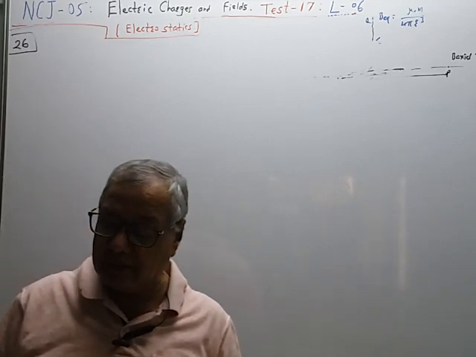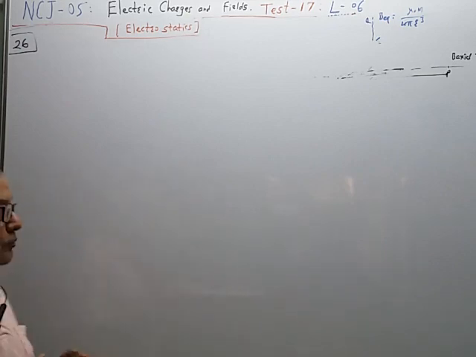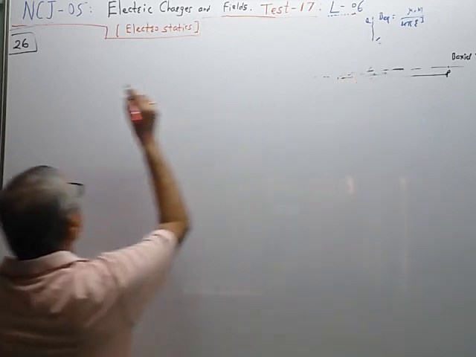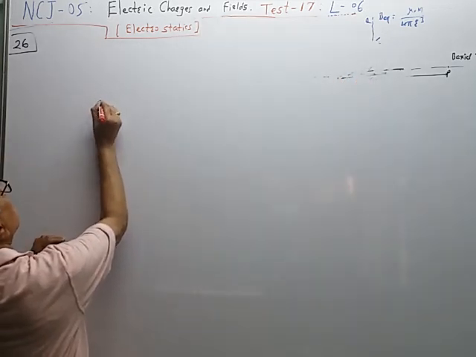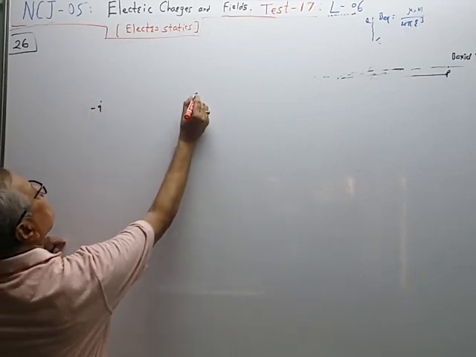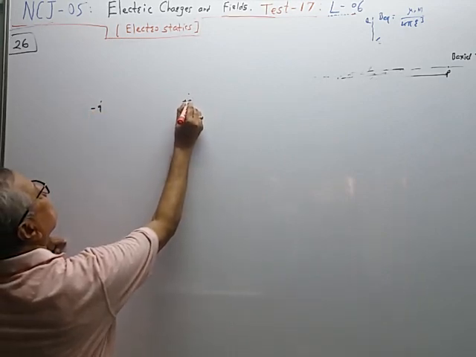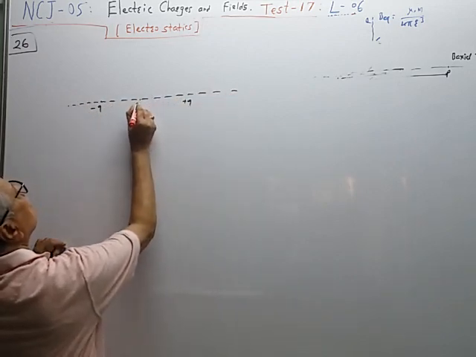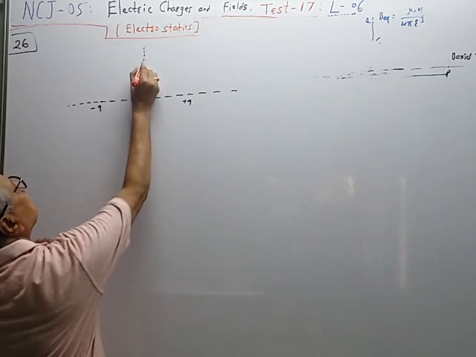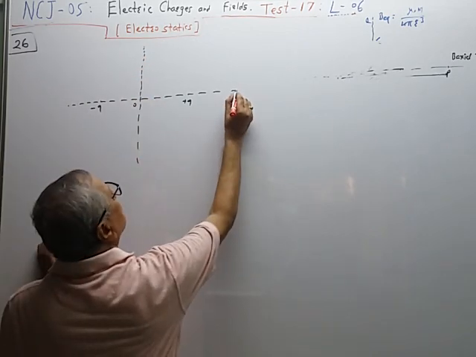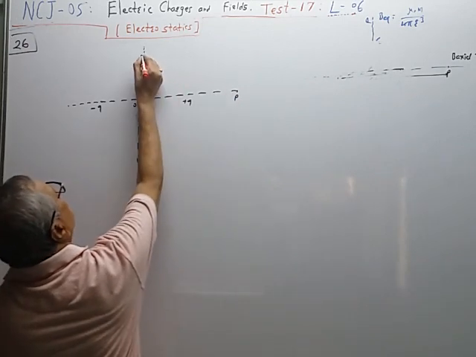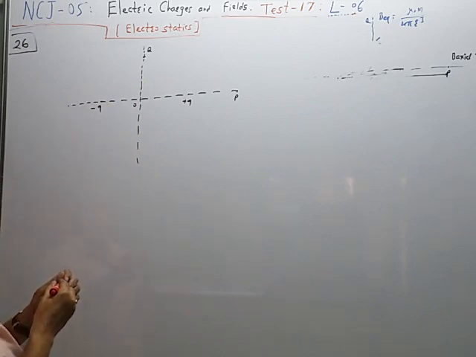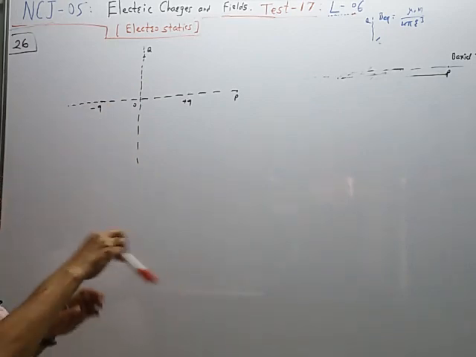So we have derived this equation for magnetic dipole and for electric dipole. The theory is same. Here we have drawn the figure for magnetic dipole. Now I will draw the figure for electric dipole. So this is minus q, this is plus q, this is the axis, this is the center pole, this is equatorial line. So this P is the axial point, Q is the equatorial point. So electric dipole moment is in this direction.